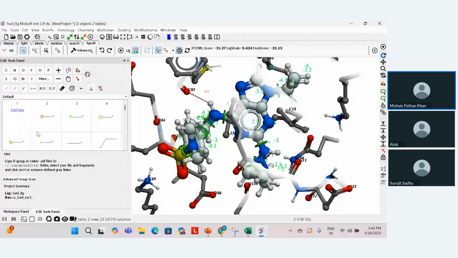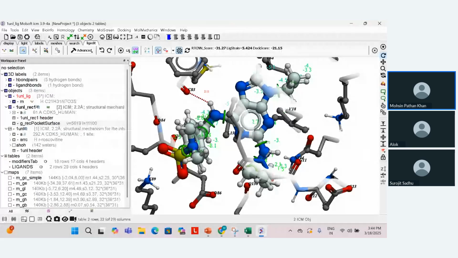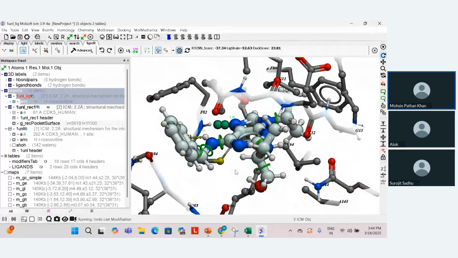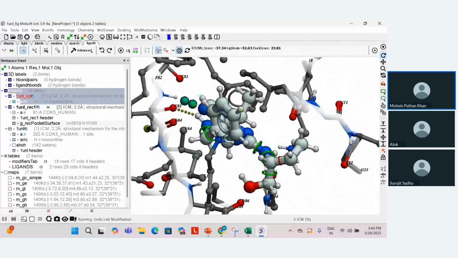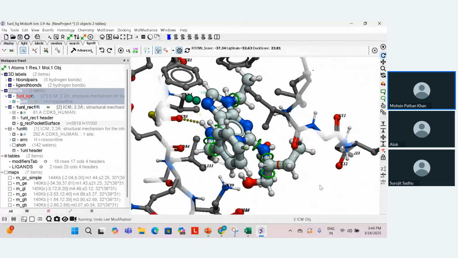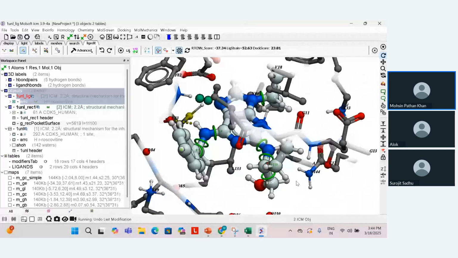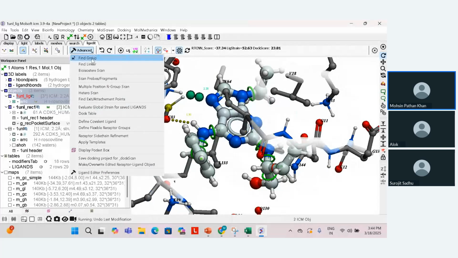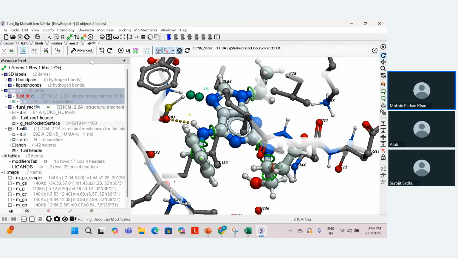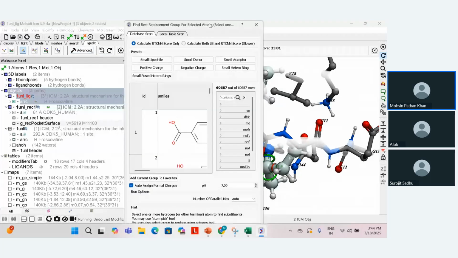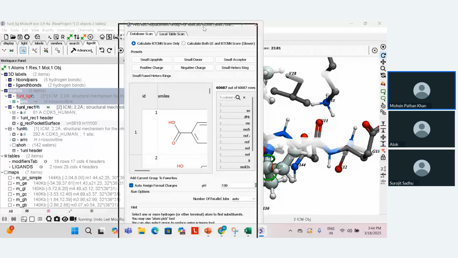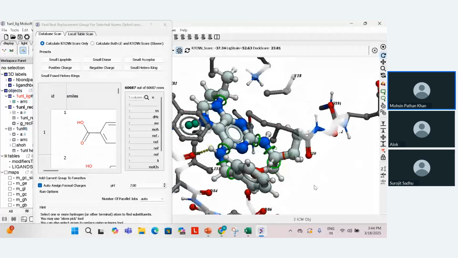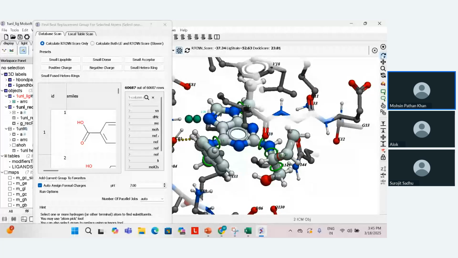Let's say if you want to replace a particular functional group, go back to our original ligand molecule. So this is our original ligand molecule. Now let's say we want to add some functional group instead of a particular functional group and scan the database already available with us. For that you just have to go to this option here, scan, and there is an option here, find groups or find linkers. You just have to select find groups and it will open up this option here, database scan. So if you select a particular item on your ligand molecule, let's say you want to replace this particular item or add any functional group at this particular item,